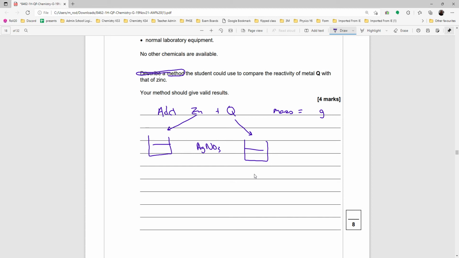For the silver nitrate in the beaker, you're going to have to say that the volume is the same, and that is going to have to be in centimeters cubed. And you're going to have to make sure that you either say a number like 25 or 10 or 15, or just say it's going to be equal. Now that you've said that you're going to add it to separate beakers, you're going to add in a thermometer beforehand, and you're going to get an initial temperature,